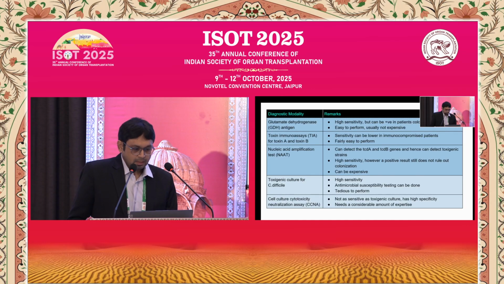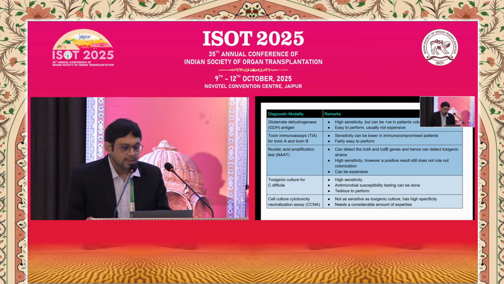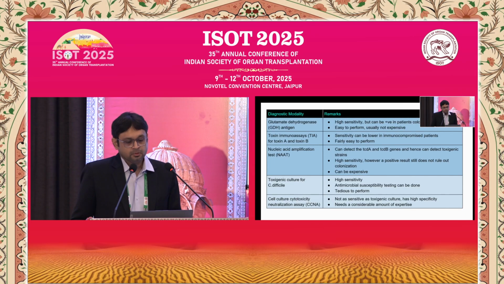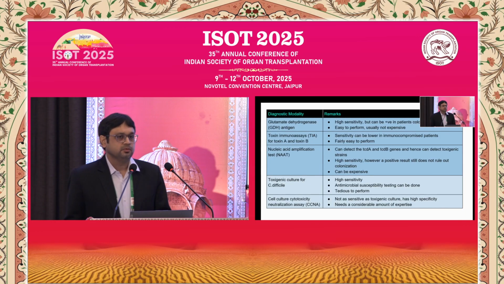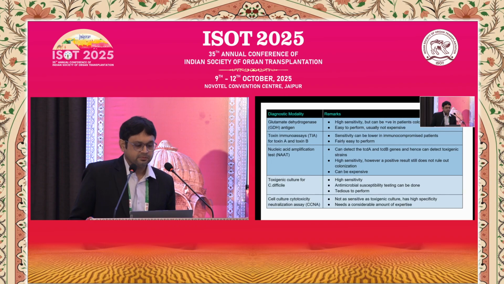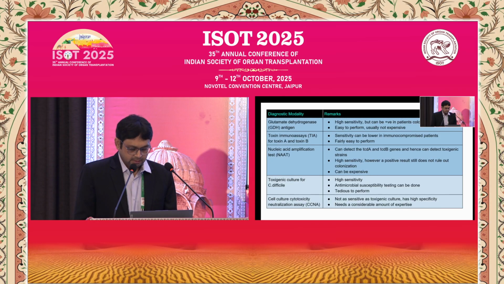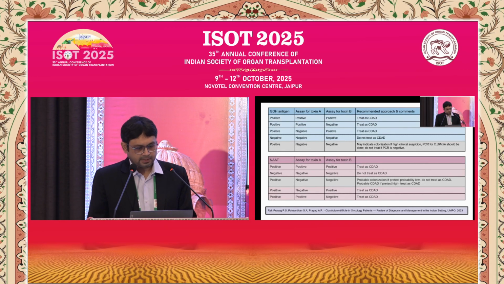When it comes to PCRs, one very important thing to remember is that these PCRs detect toxigenic strains. So they don't actually detect toxin production. They detect the genes that are involved in toxin production. So that's why they detect these tcdA and tcdB genes. So PCR being positive doesn't always mean again that there is infection. PCR negative, you can be fairly certain that C. diff is not there. So remember that PCR detects genes for toxigenic strains or genes for toxin production. It's not the actual toxin that is being detected. And cultures and neutralization assays, although would be good to have, they are tedious and require a high amount of expertise. So they are not readily available in clinical practice at all.